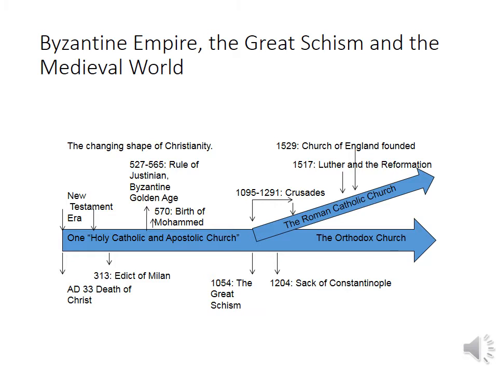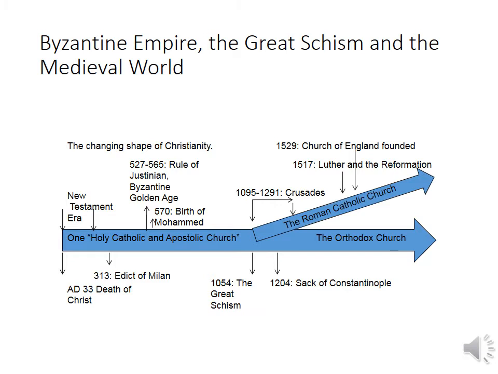So if you look at this timeline, you see that the bottommost blue arrow goes from left to right, and we see that it is established at the beginning of the Christian era with the birth of Christ and the teachings of Christ. You'll see in 33 AD is roughly when we consider to be the death of Christ. That moves us into what we call the early Christian era.